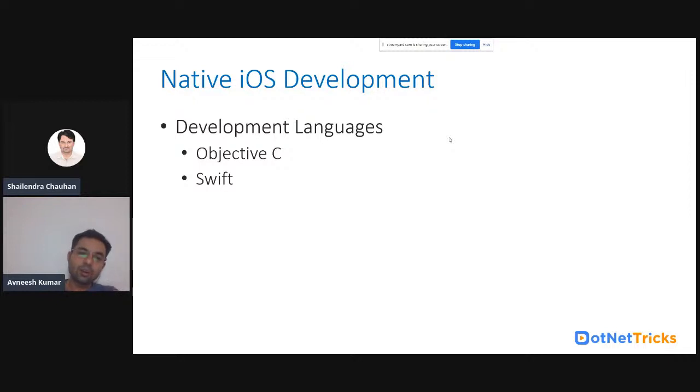But from the Objective C perspective, it will be a bit easier to learn Swift.